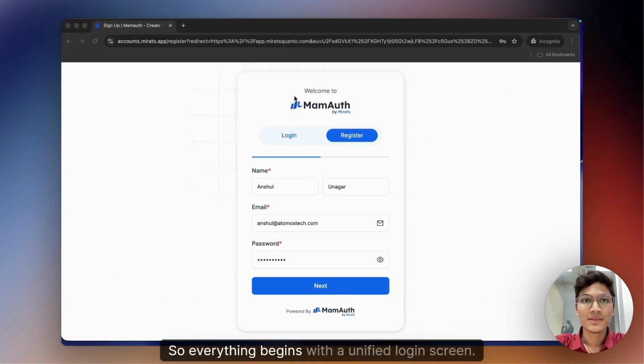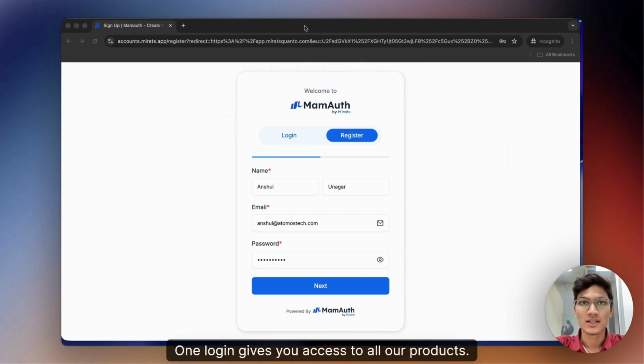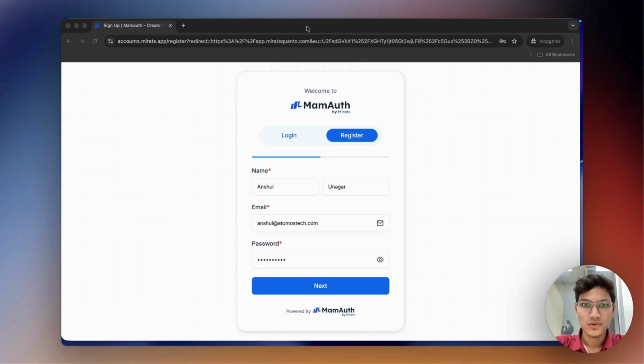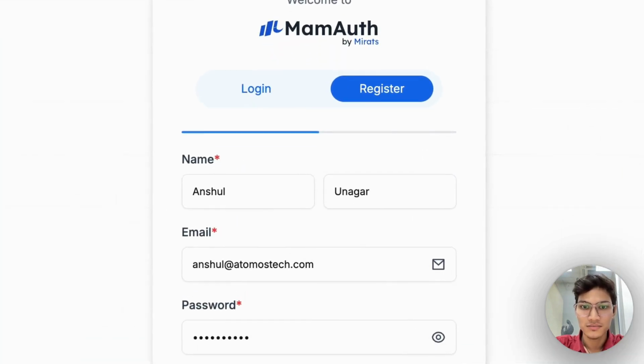So, everything begins with a unified login screen. As you can see, this is a single sign-on page, which means you only need to create an account once. One login gives you access to all our products, no multiple registrations, no repeated logins, just one account and complete access. So you need to enter your name, your mail, and your password,